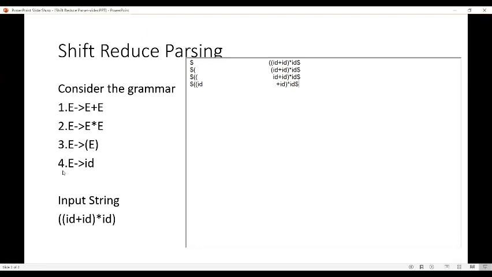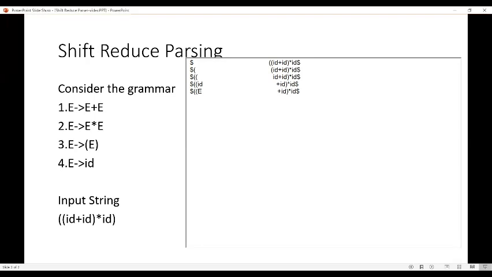Using grammar 4, that is E produces id, the symbol id is reduced to the symbol E. So reduce id by E. Now the stack content would be dollar open parenthesis E, and the remaining input would be plus id closing parenthesis into id dollar symbol.